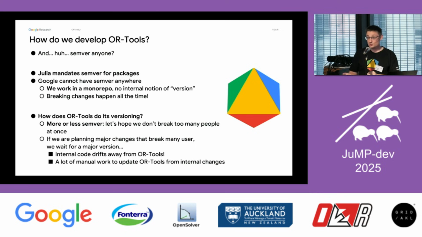So we copy the changes from the internal code to the open source product whenever we think we are not going to break too many people. And that means that whenever we have a huge change that we know will break many people, we just wait for a major version to port back these changes. So that means that we can have at some point a huge drift between the internal and external versions of the code. And as the drift increases, then we start to have problems to port new patches into the open